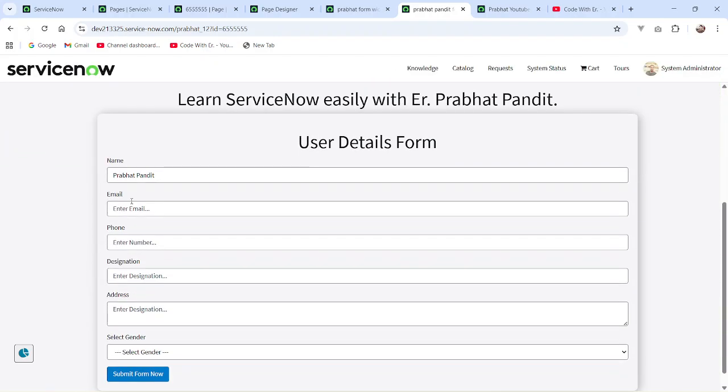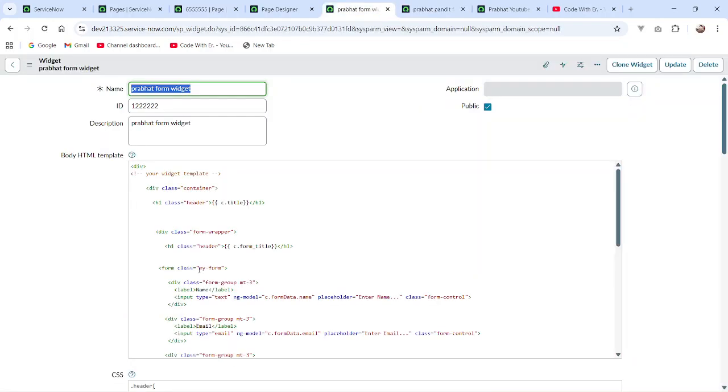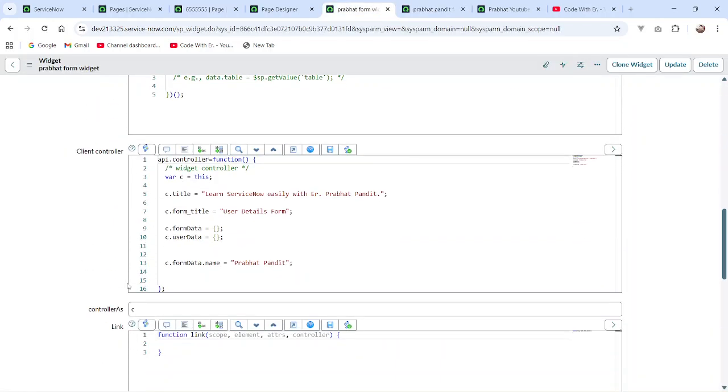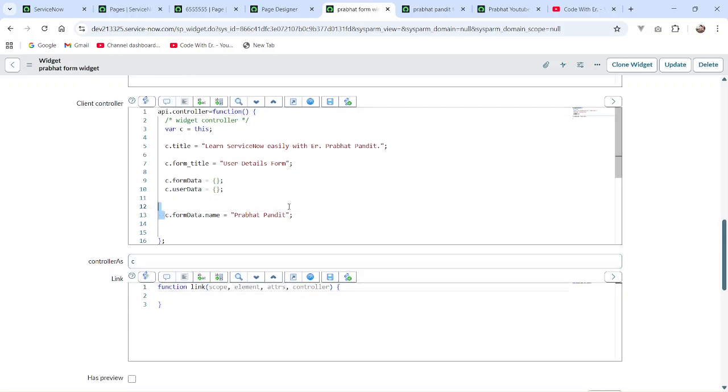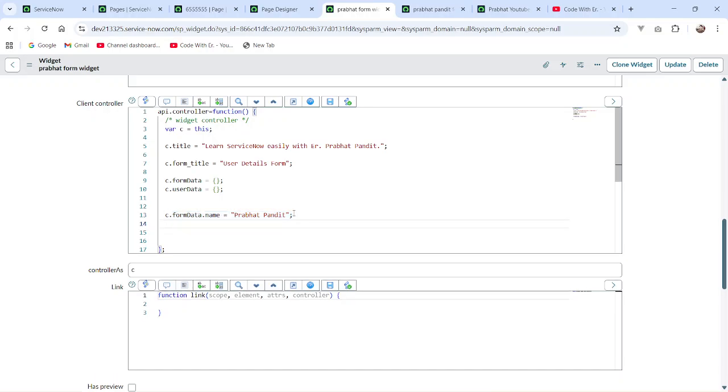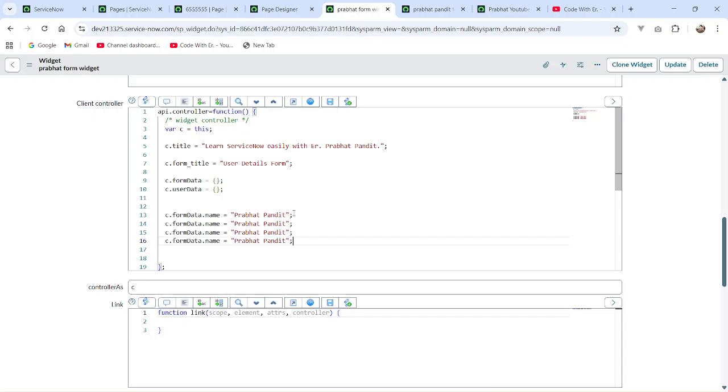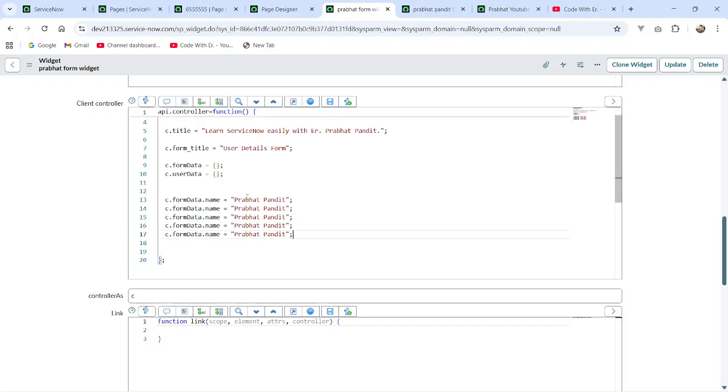So see, boom guys, you can see here is the value Prabhat Pandit. Okay, here is the value Prabhat Pandit. So let's just come here, I'll just show you all the things very quickly. So let's just copy this, let's just paste it here, and let's just paste it here, and let's just paste it here, and instead of name